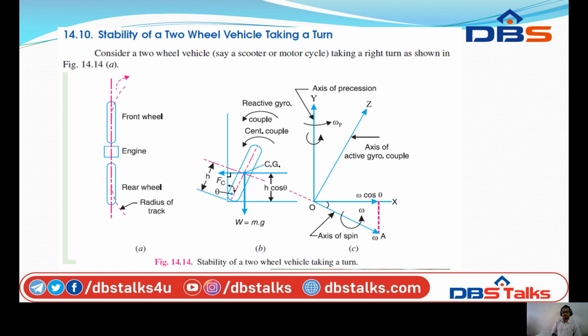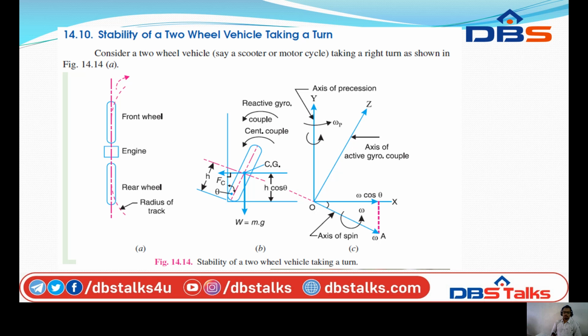IE is the mass moment of inertia of the rotating parts of an engine. Omega W is the angular velocity of the wheel. Omega E is equal to the angular velocity of the engine. Okay, these are the contents: IE, IW, omega E, omega W. These are the things we learned from the